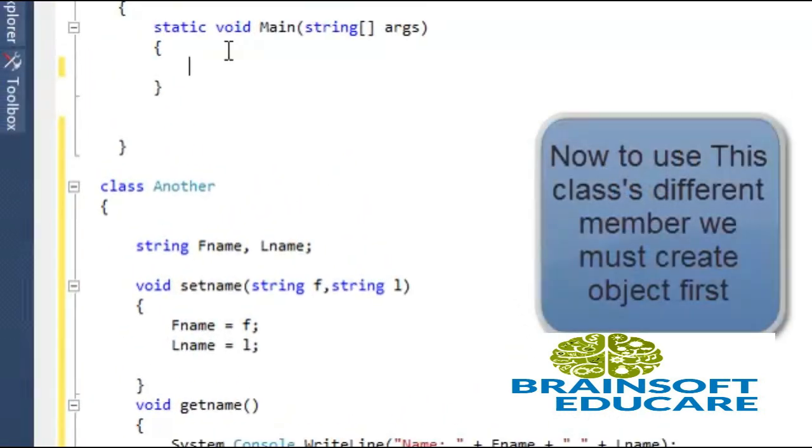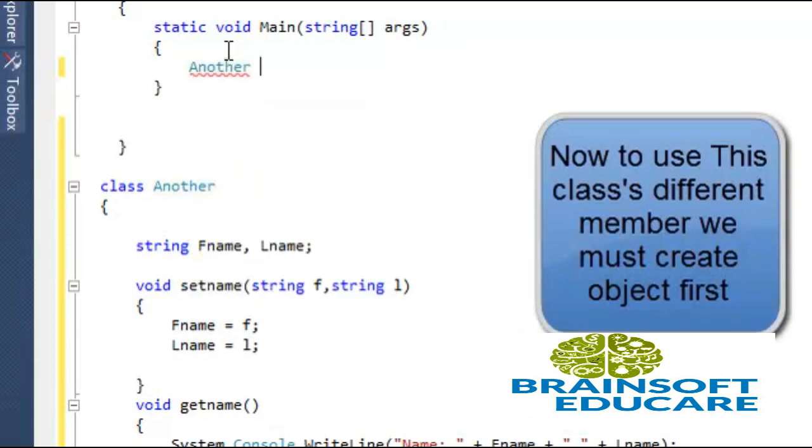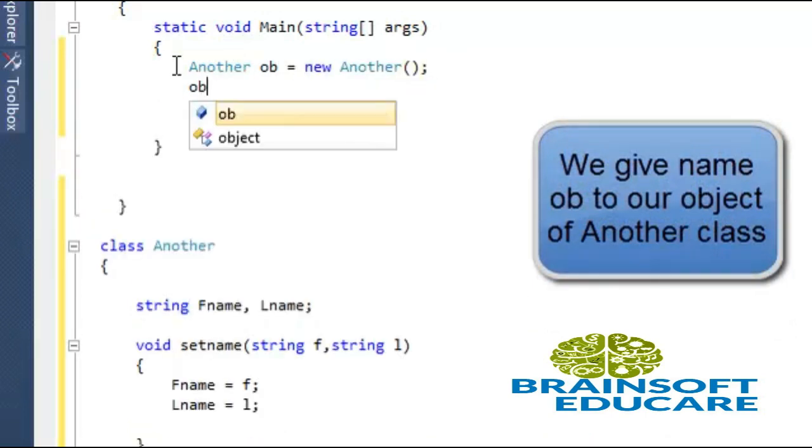Now let's create an object to access this method. We have created object ob of another class. To call this method, we will use